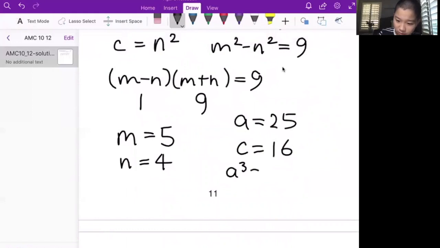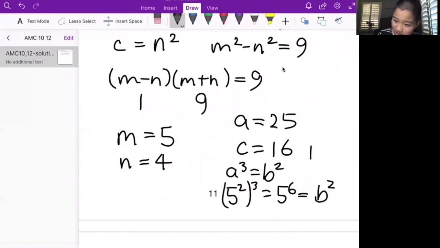A cubed equals B squared. And A is 5 squared. So 5 squared cubed equals 5 to the 6th equals B squared. So then B equals 5 cubed, which is 125. So B equals 125. And then we also have